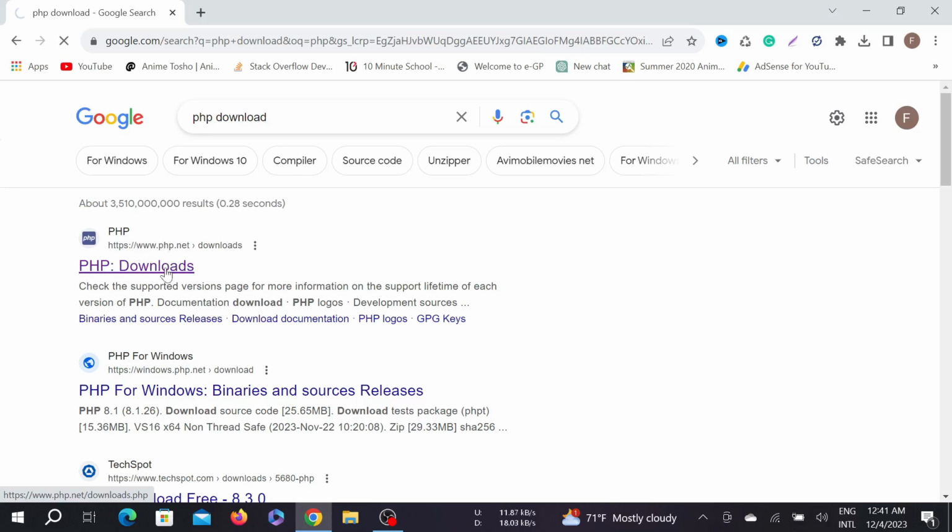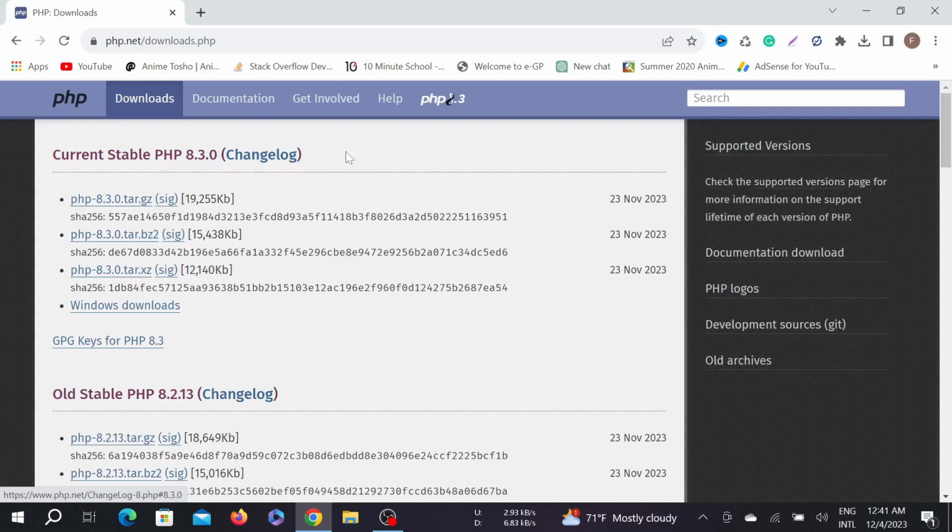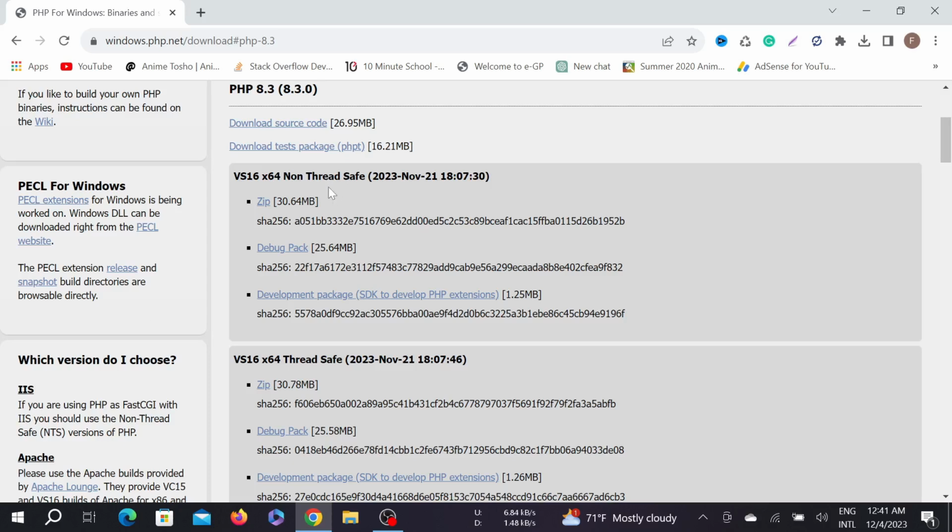Let's click that option and it will redirect you to this page, and here you can see many options, but we are going to download it for Windows. Just click the Windows downloads here, and here you can see two options, non-thread safe and thread safe. We are going to download it for the thread safe, and to download it just click the zip link here,